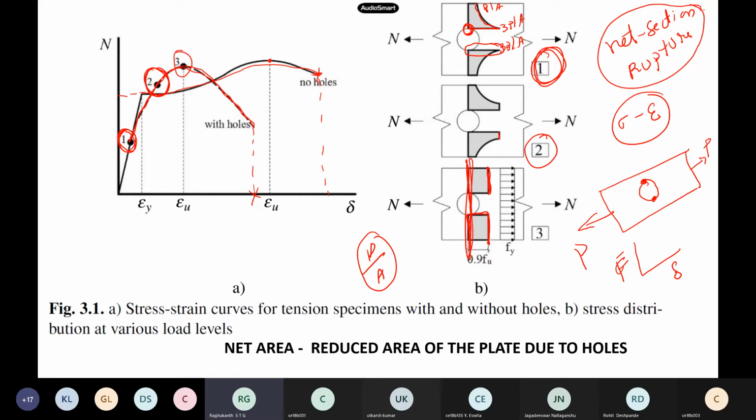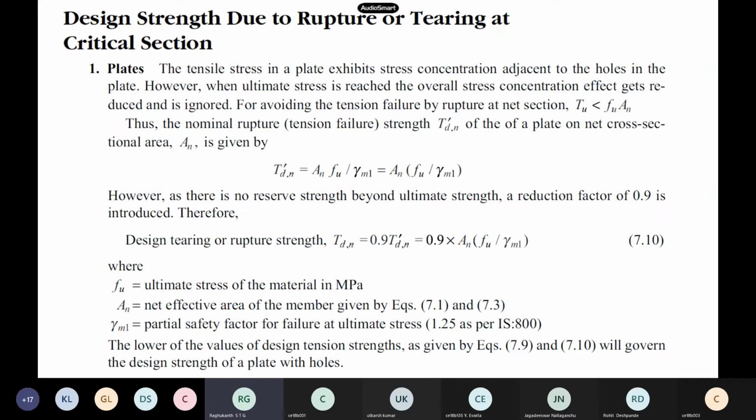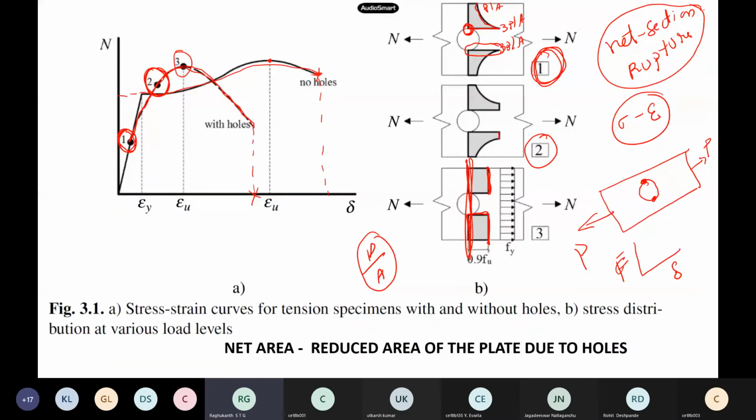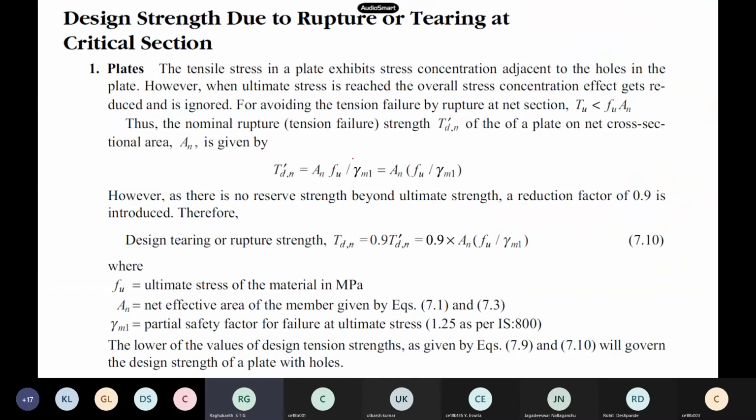The same mild steel behaves in a different fashion when you have a hole. Generally, you don't see that much elongation, like in mild steel; you will not see all those things here. It will have this rupture itself. So our code says that when you have this type of tensile rupture, this type of failure, you follow this formula, the code specifies. And here please understand, the formula is the same as the gross yield strength itself, but what is it that we are using here now? We have only Fy and we have Fu. So what is it that we are using here?